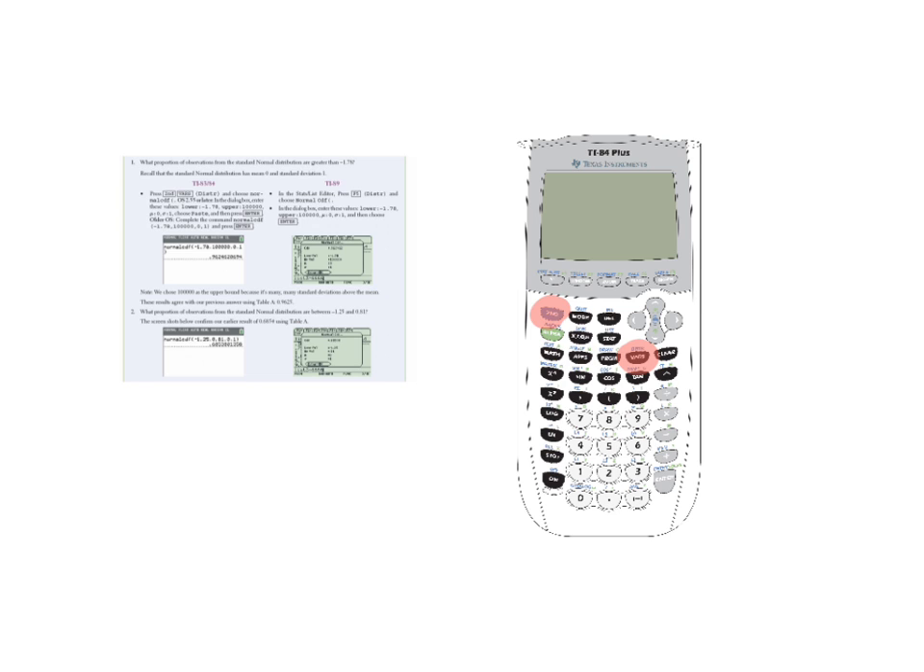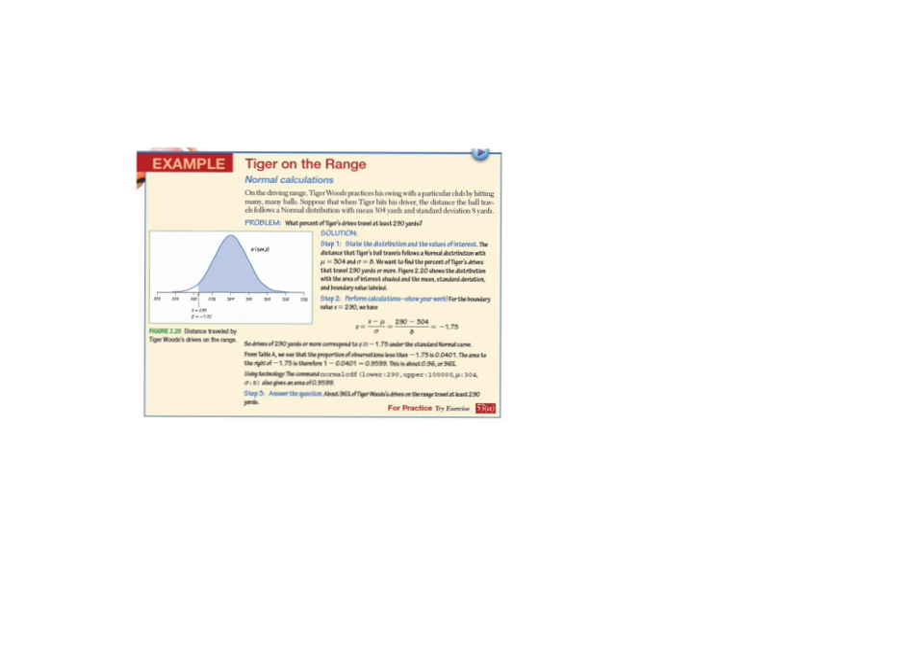Okay, let's look at this example here. This one talks about Tiger Woods and his ability to drive a ball. How far can he drive a ball? In this example, Tiger Woods' driving ability says he has a mean drive of, for sure,